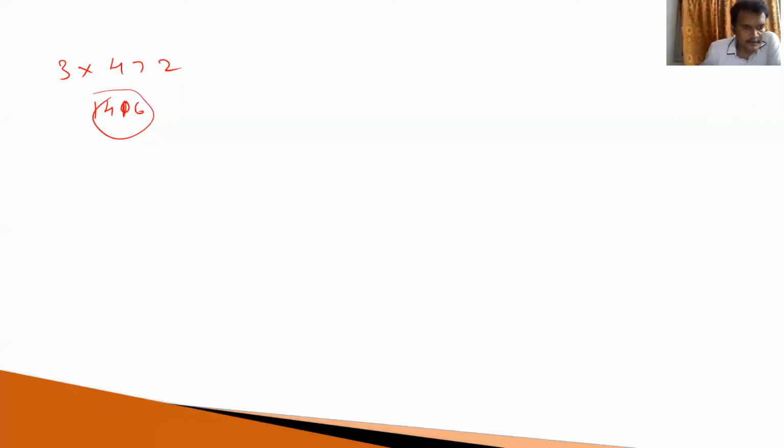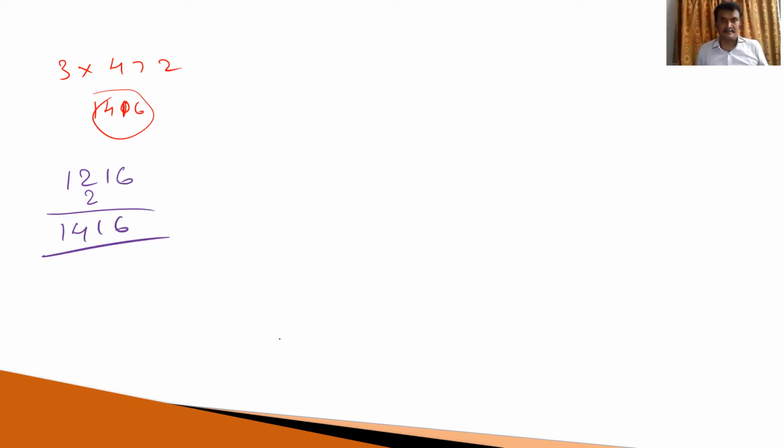Okay. Now 3 4 times 12. 3 400 times that is equal to 1200. 3 7 times that is equal to 21. 370 times 210. Okay. So 2 is in the 100 place and 1 is in the tens place. 3 2 times that is equal to 6. So what is the answer? 1416, which is required answer.